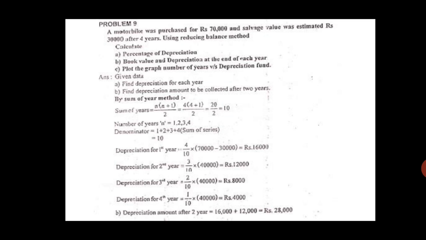You have to only see that the denominator will be the sum of the number of years. So here it is 4 years, so 4 plus 3 plus 2 plus 1, that is 10. Or for easy calculation, there is a formula: sum of the years is equal to n in bracket n plus 1 divided by 2. For a small 4-5 years you can calculate like that. If it is 15-20 years then you can use this formula. The first year is 4 by 10, second year is 3 by 10, third year is 2 by 10, and finally it is 1 by 10. And the amount is fixed: capital cost minus the salvage value. This is how you calculate the sum of years digit method of depreciation. Thank you.